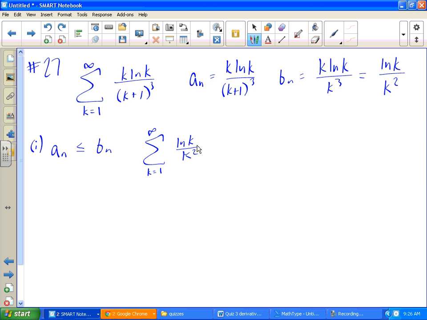Because I have to find this piece here, natural log of k, if I take the derivative, is 1 over k, so it's seeming like maybe that will work. Let's see what's happening here. So if I throw this in an integral, going from 1 to infinity, and we change them to x's, I would take the limit as t goes to infinity of the integral from 1 to t. I know that step's kind of annoying, but